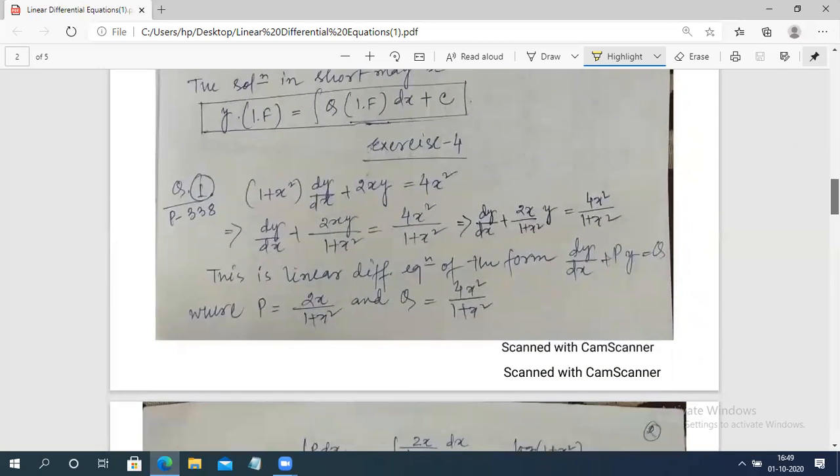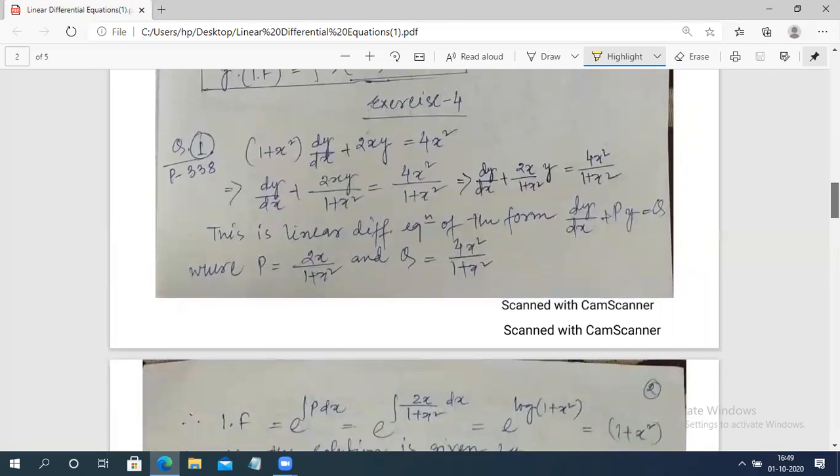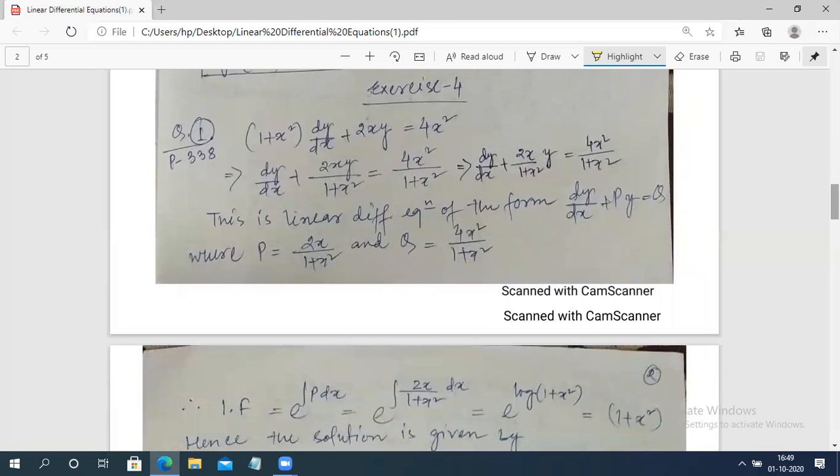Now come to the question. If you solve one question, it will be more clear. Suppose this is a given equation. Okay. Now you can see that first you check whether this is homogeneous or not. You can see that this equation is not homogeneous at all, because dy by dx plus x squared dy by dx, so each term is not of uniform order. So this is not homogeneous.